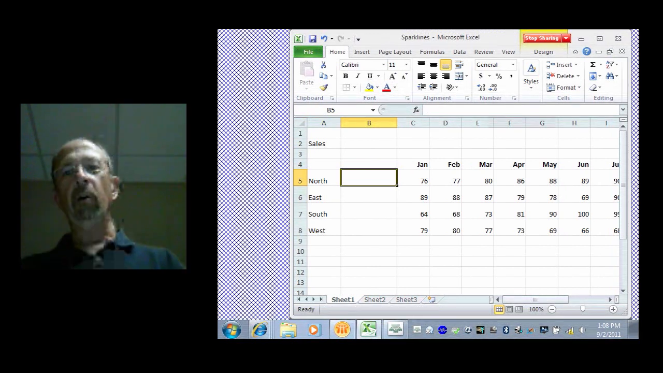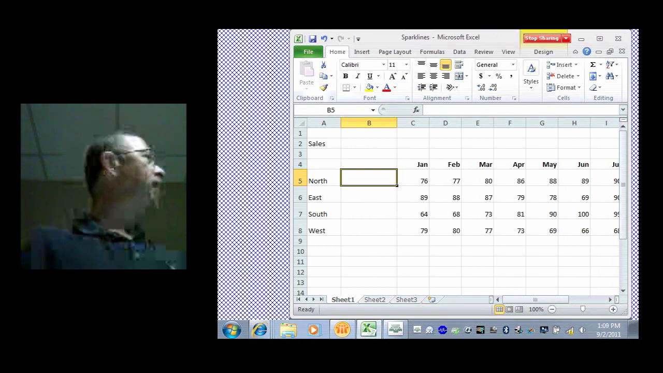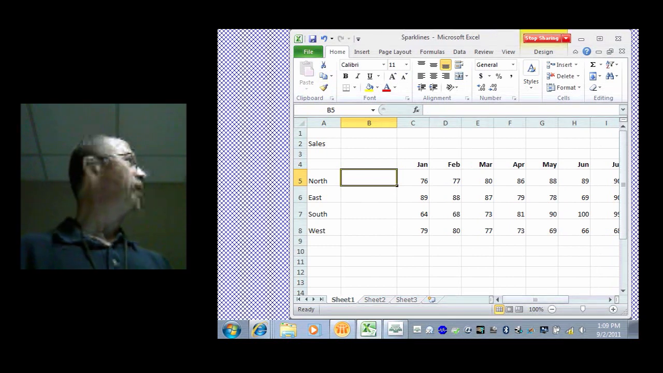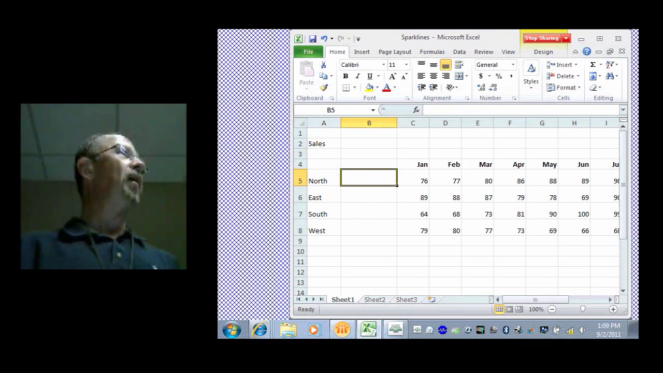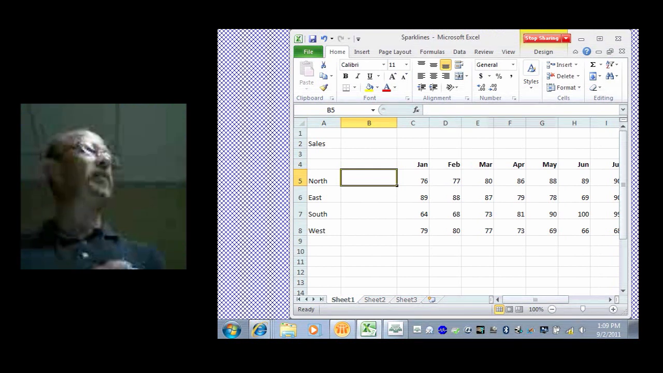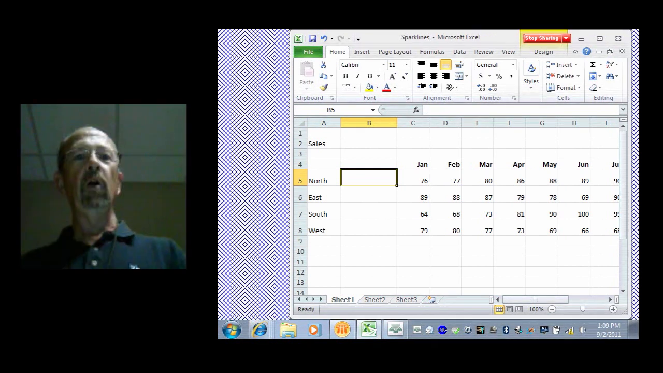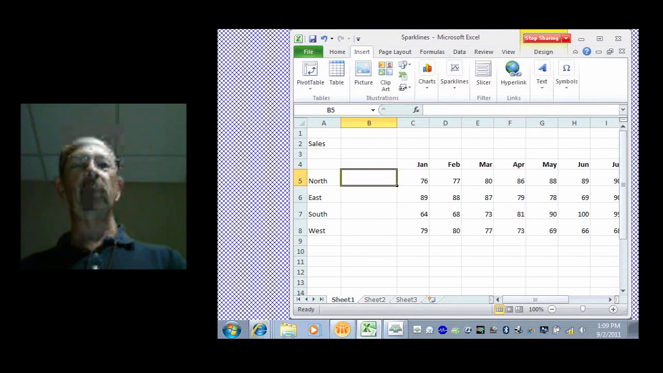Now, I could go through it and try to say, okay, which month was really high? Well, that's where Sparklines comes into play, where it'll give you a little visual in this box showing you where your high months are, where your low months are. It'd be something a little extra and nifty to add to a spreadsheet, right? It's almost like a mini little graph. And what you do is you do an insert,